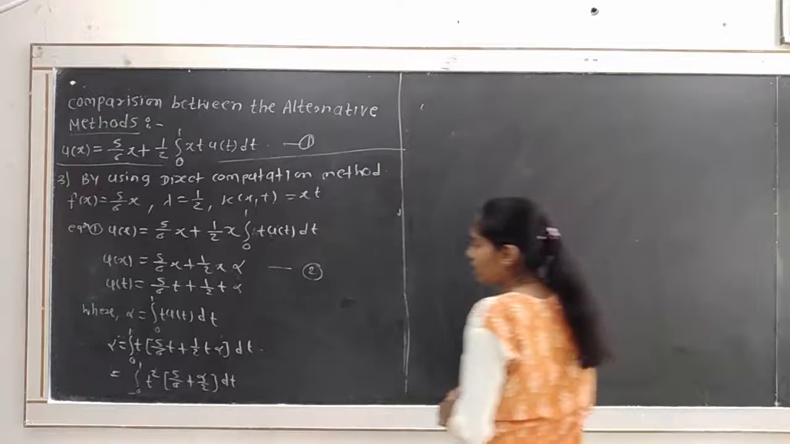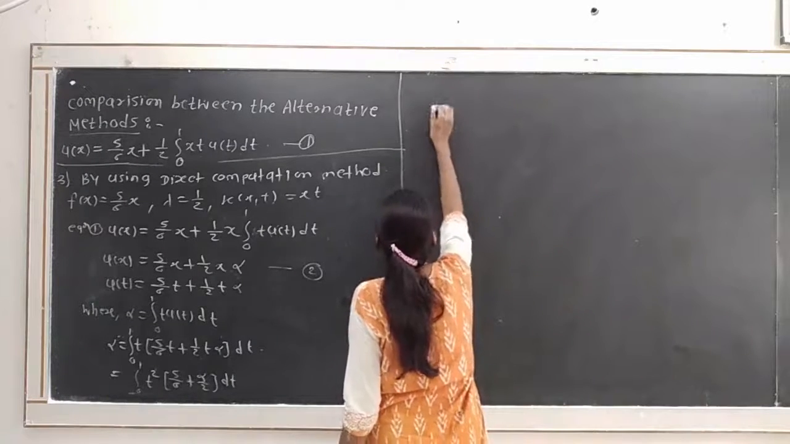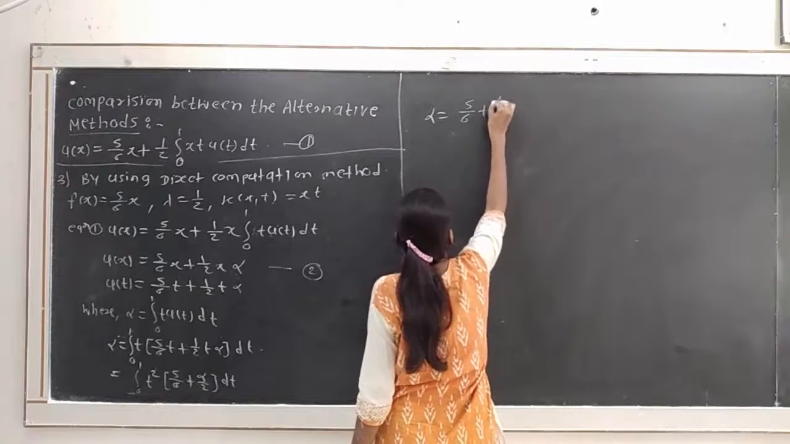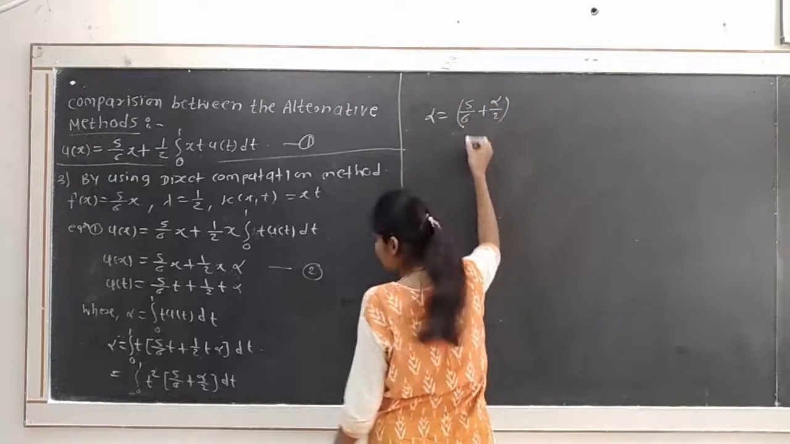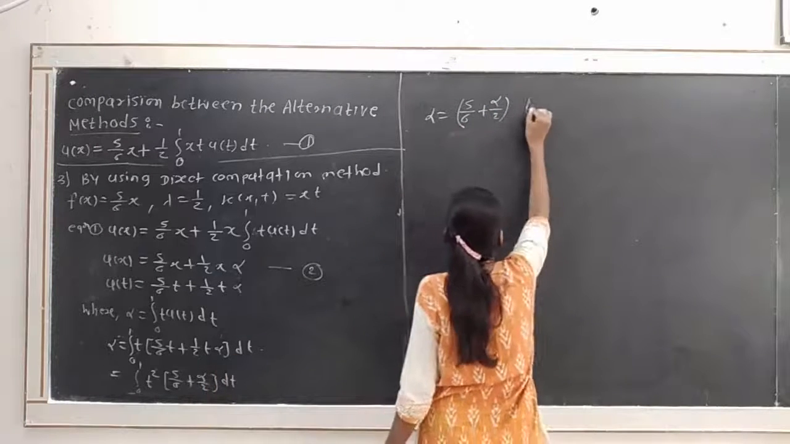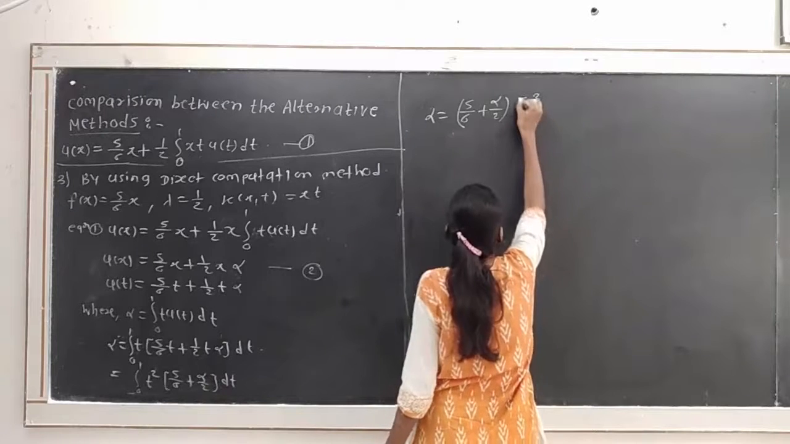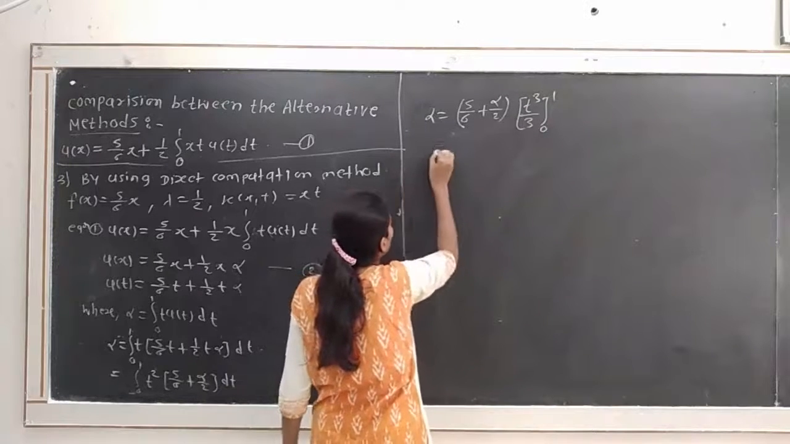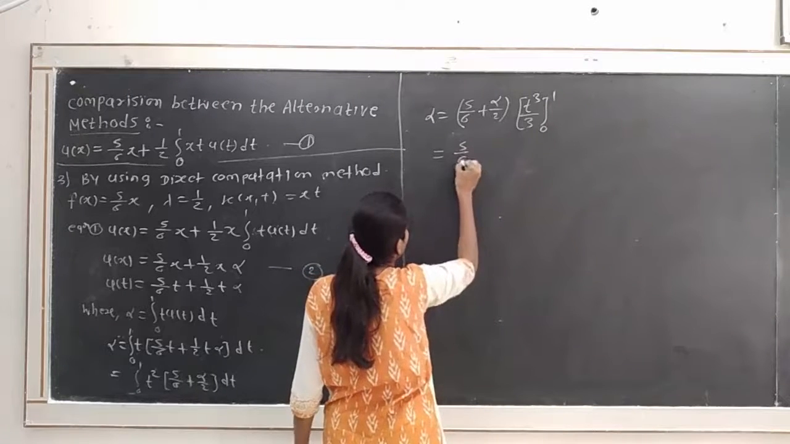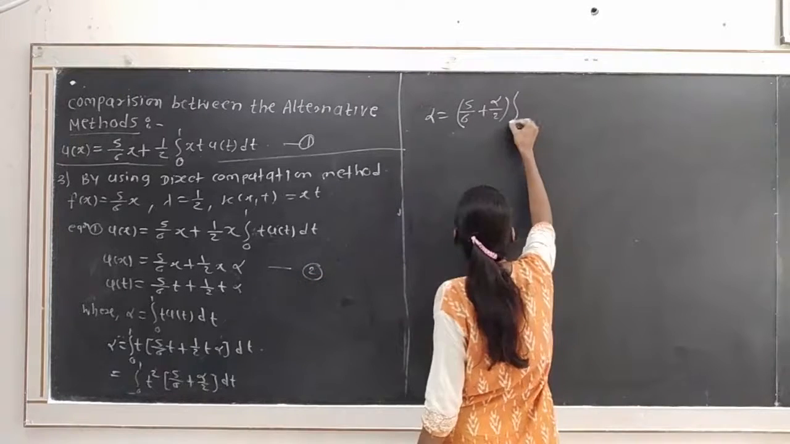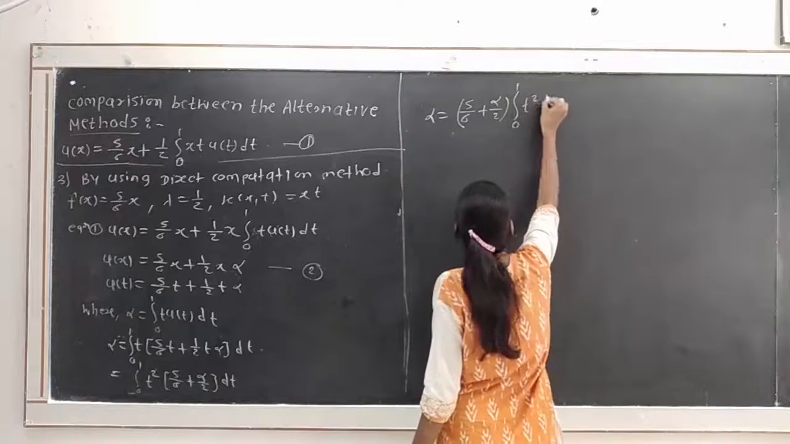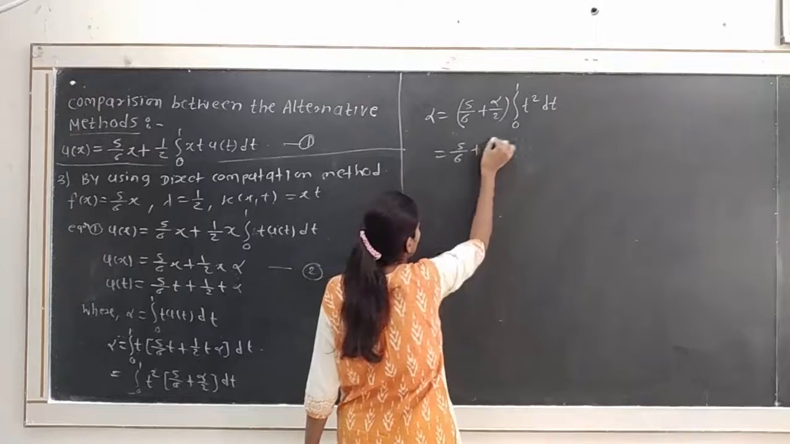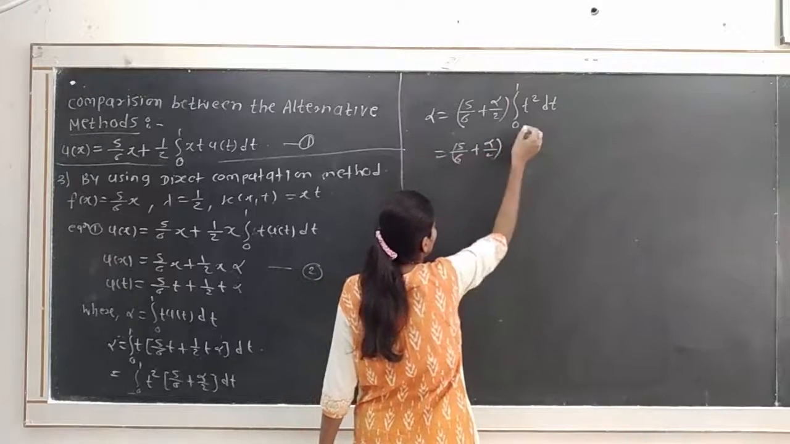Okay, so we have to get alpha is equal to, by taking the constant term outside, 5 divided by 6 plus alpha divided by 2 will be constant, and the integration of t square will be t cube divided by 3, limits from 0 to 1. So we have 5 divided by 6, taking outside, the integration from 0 to 1 of t square dt. So we have 5 divided by 6 plus alpha divided by 2, integration of t square